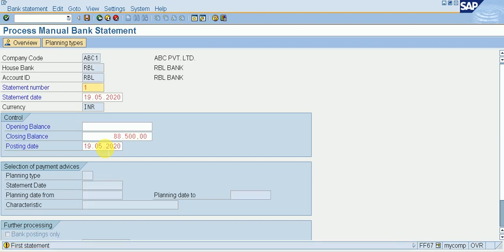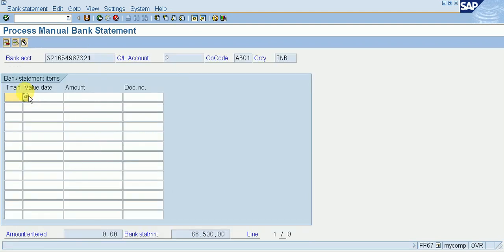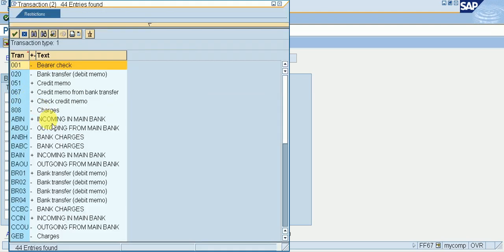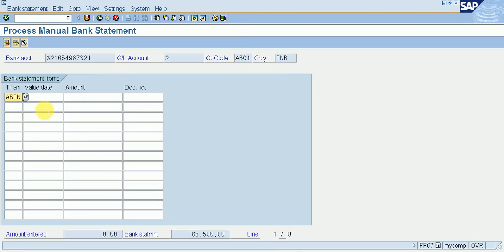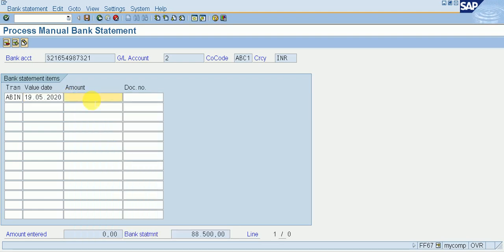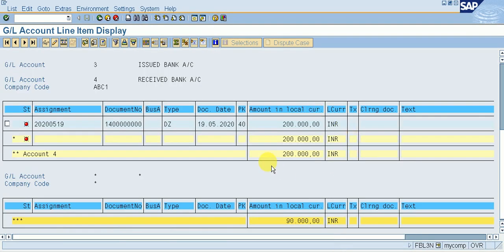Enter. We can see first statement. Enter. Give your transaction, incoming, value date. Value date is today's date. Amount, incoming, what I'm getting 2 lakh.